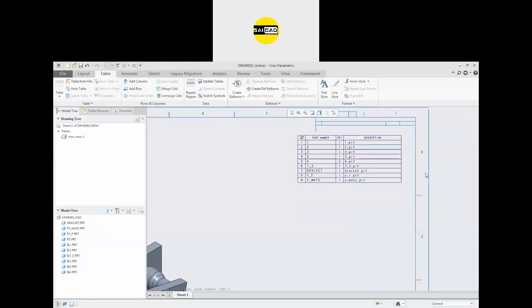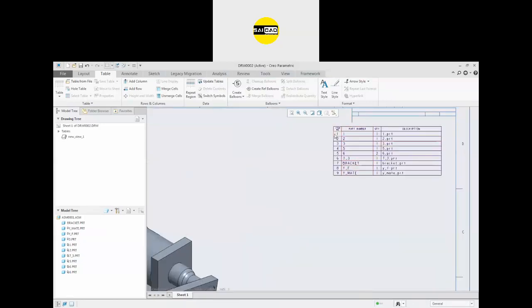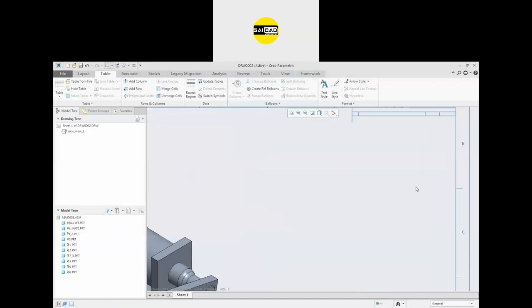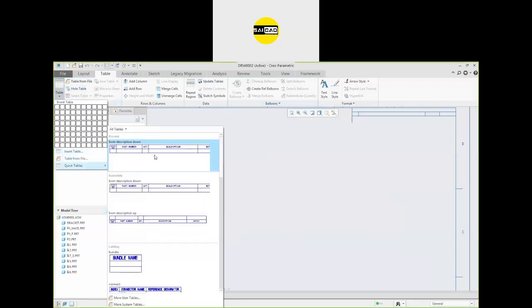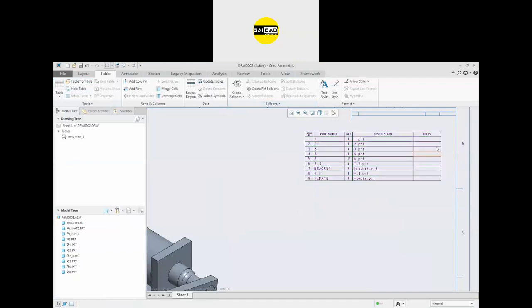And after that, to insert the bill of material, when you insert the table or the bill of material, you will see the option is enabled here, that is create balloon. Before this we don't have the option. To delete this one, we don't have the option to insert the balloon. So first of all, define the bill of material like that, based on the location. Adjust the rows you don't want, or if you want to insert anything else.